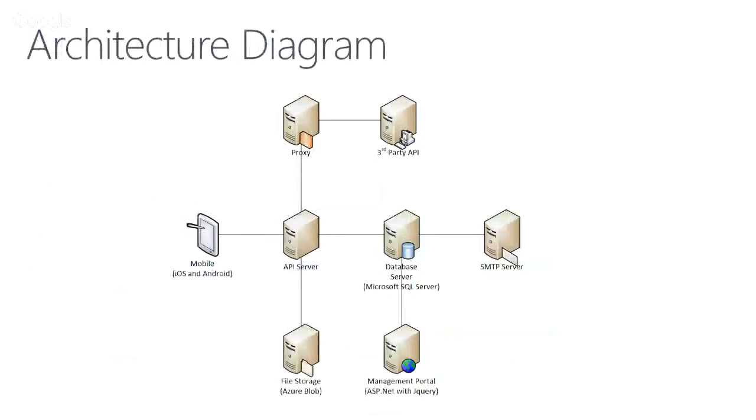So I just want to share with you a little bit about the architecture diagram. This is the generic architecture we have everywhere in the world. You're going to have API servers, a front end such as mobile, and at the back a database, which is what you can see here. And on the top, you have a proxy, a third-party API, and storage. This is typically a logical diagram. It can be seated on-prem, or on cloud infrastructure, be it infrastructure as a service or platform as a service.